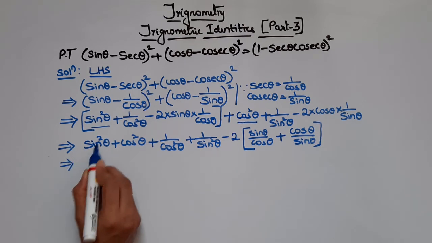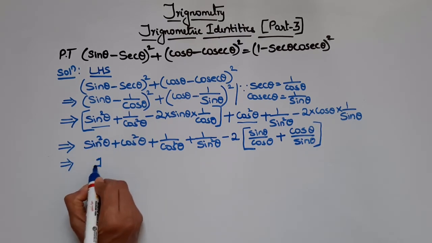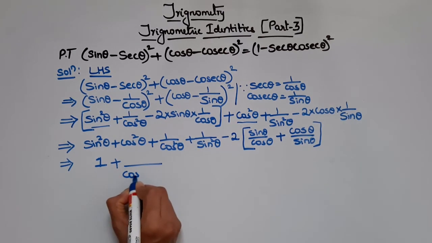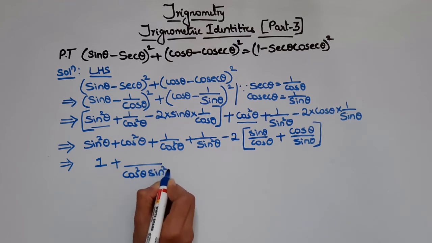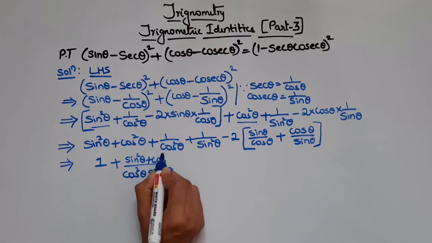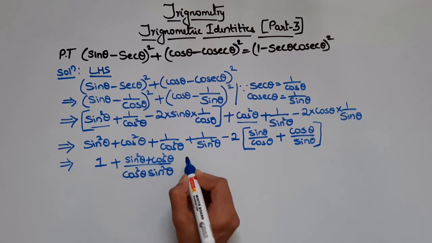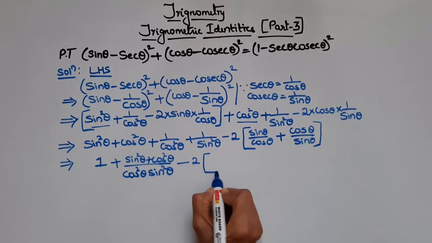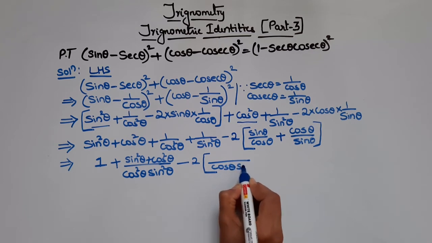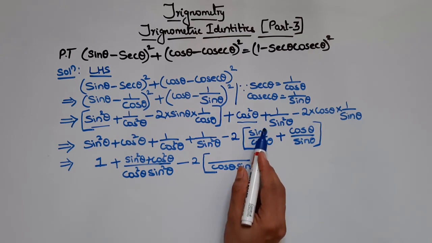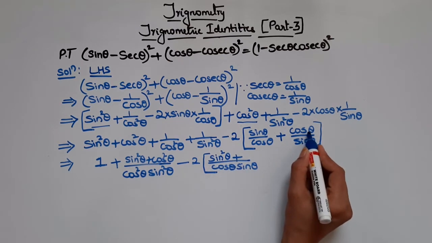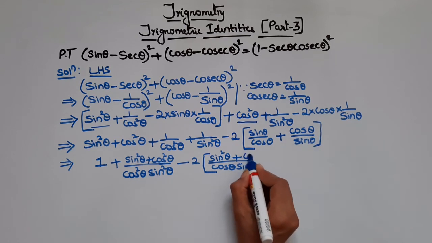So this implies sin square theta plus cos square theta, we know it's 1, plus, so now let's take LCM here. Here the LCM is cos square theta into sin square theta. So your numerator will be sin square theta plus cos square theta, right? So minus 2 into, we'll take LCM here. Here the LCM is cos theta into sin theta. So here we have to multiply by sin theta. So sin into sin is sin square theta plus, here you have to multiply by cos theta. So cos into cos is cos square theta,